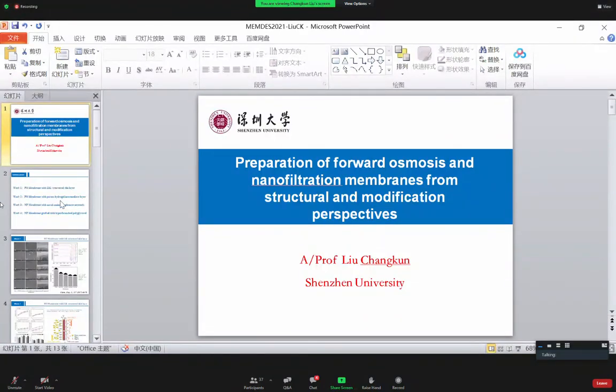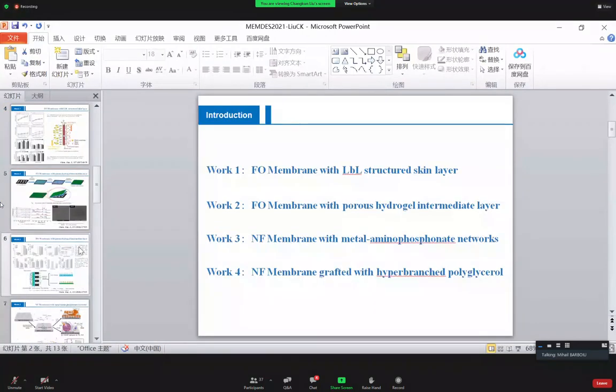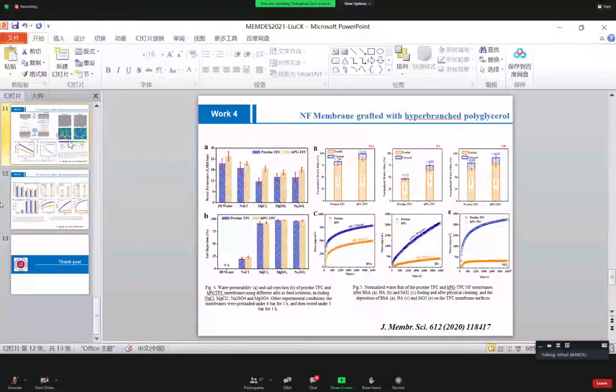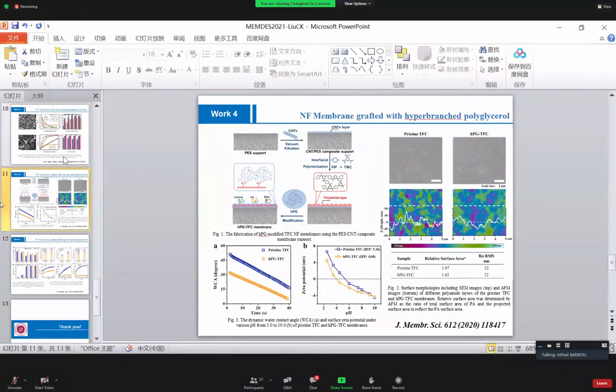Sorry? Yes. Actually, just now I could not hear it clearly. Could you repeat? Yeah, you add additives, the polyethylene glycols and stuff like this. How important is it to add these additives in different ways? You can add them on the surface of the membrane, or you can add them in the polymerization solution. Did you change this a little bit or not?